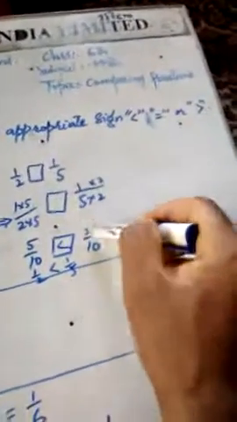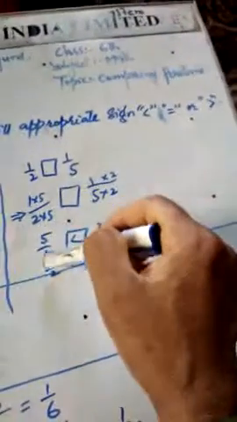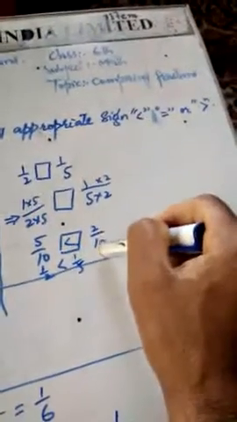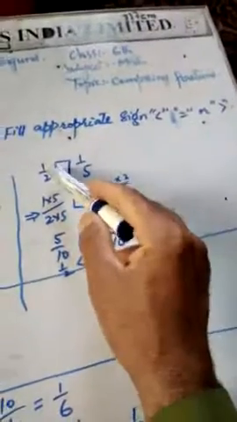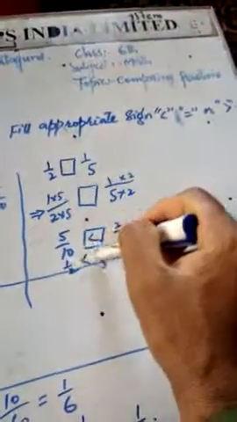Here it is 2 1s are 2, 2 5s are 10. 5 by 10 is greater than 2 by 10. So we can say this fraction 1 by 2 is also greater than 1 by 5. You can follow either of these two methods, whichever you feel is easier, whichever you feel you understand.